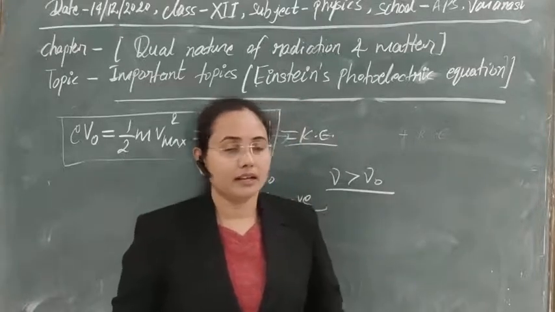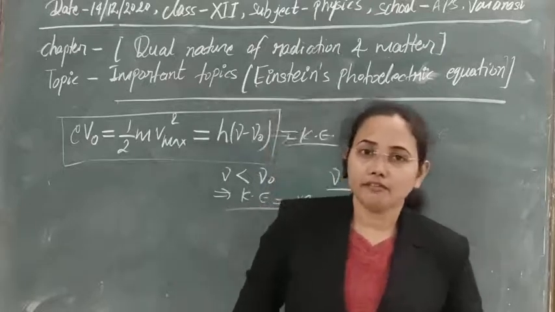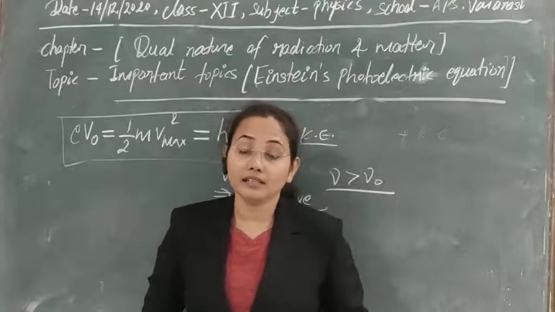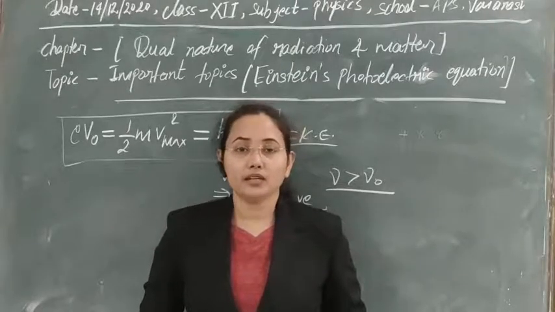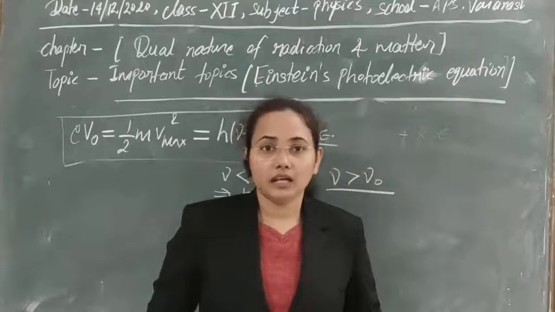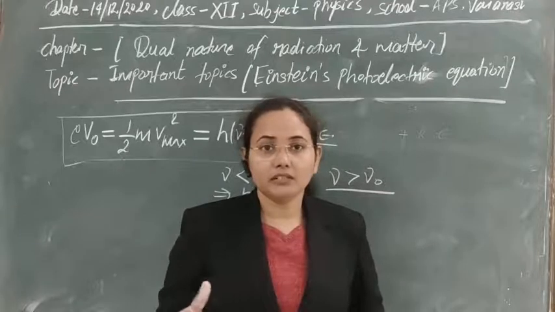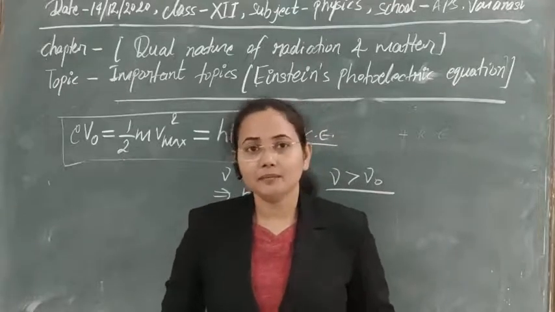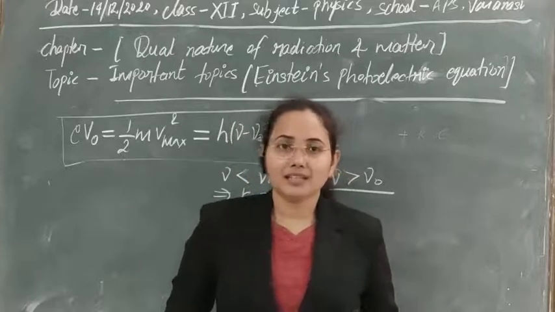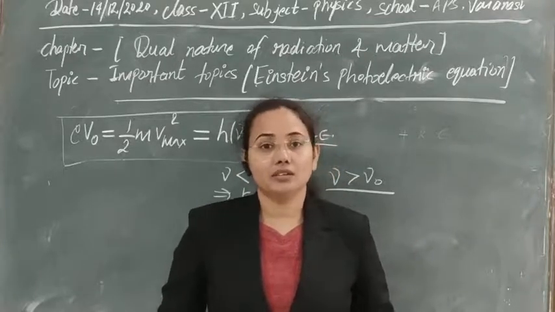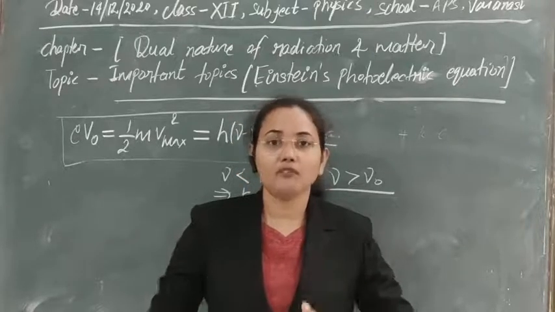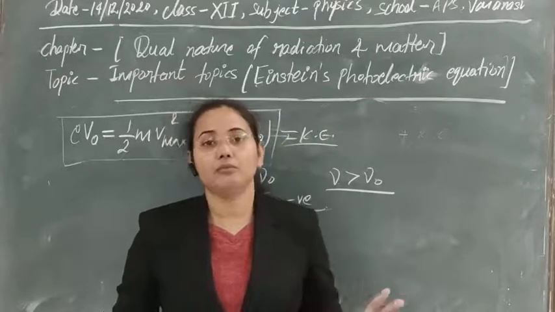The third concept is that according to the wave concept, if the frequency of the radiation is increasing, greater energy will be distributed to the electrons, and if electrons get a greater amount of energy, then they can be emitted in greater number. So it means the number of ejected photoelectrons depends on the frequency of radiation, but we already know that the number of ejected photoelectrons depends on the intensity, not on the frequency. So this law of photoelectric emission also fails with the help of wave theory.